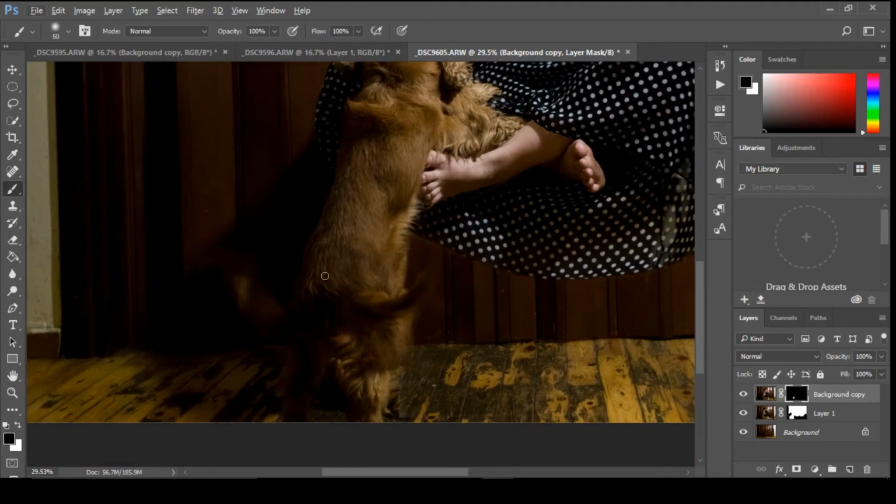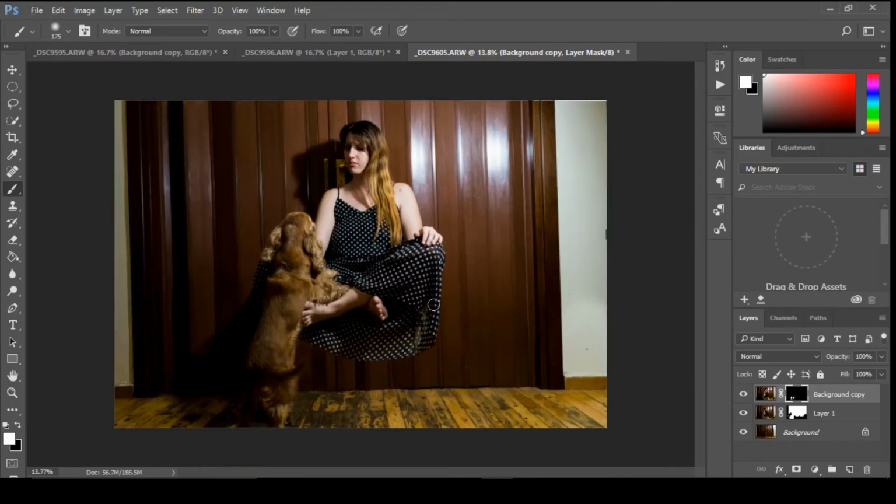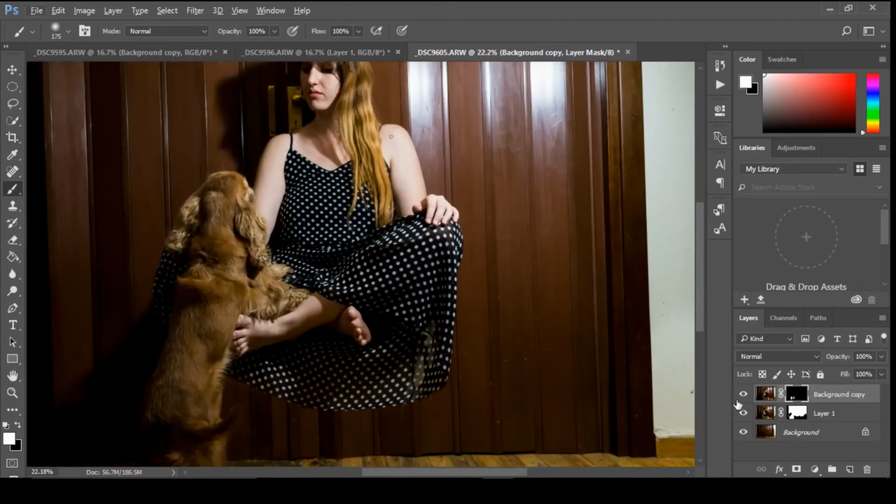But now the problem is that our dog has two tails, so we have to paint again with white so we can cover the other tail. And our levitation effect is ready, but we will not stop here.